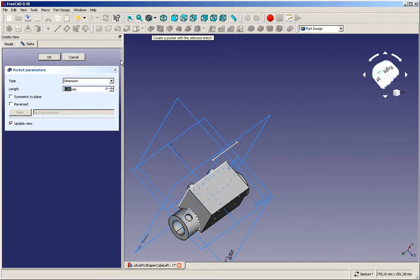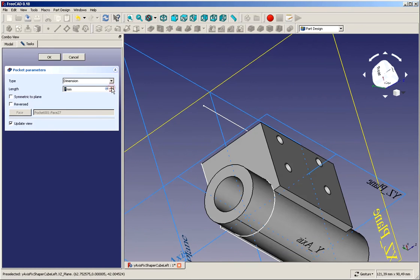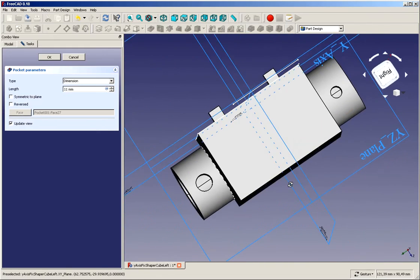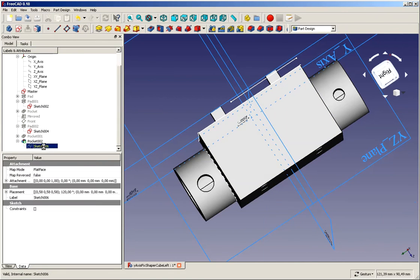Create a pocket. In this case, we can create a pocket dimension, and we just use a dimension that lets it go into the inner side. Good. So now, as it is approximately correct, time to fix the proper position. Open the sketch again,